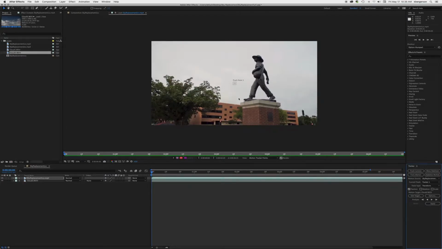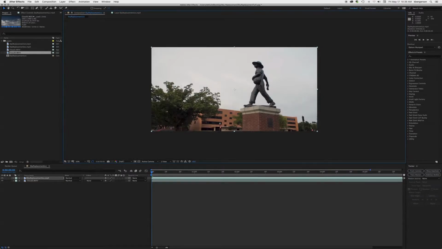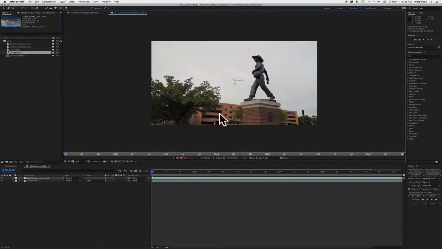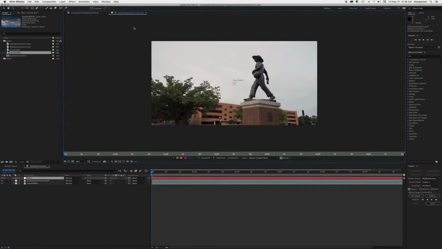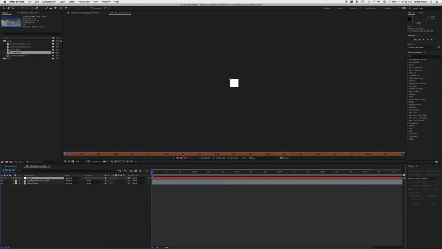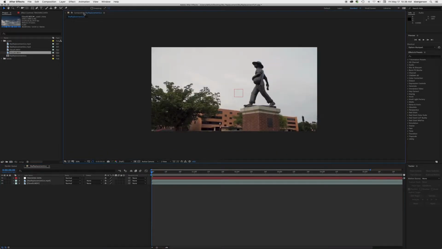panel. And basically we can do some tracking stuff in here that we can't do in the composition panel. We're going to finish in the composition panel, but here in the footage panel we'll do the tracking. We want to create a null layer. I'm going to hit return, and we're going to rename it tracking data. And let's go back to our shot, track motion,